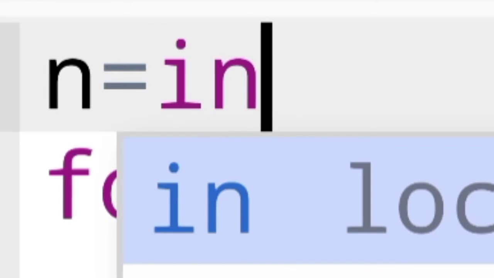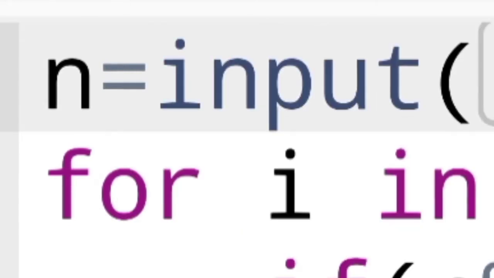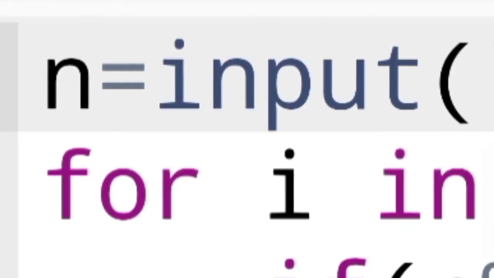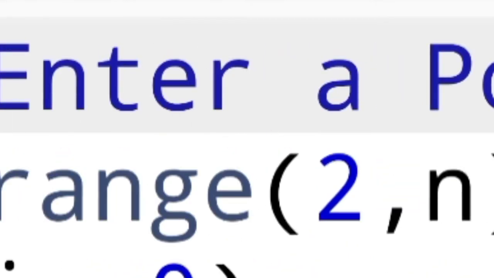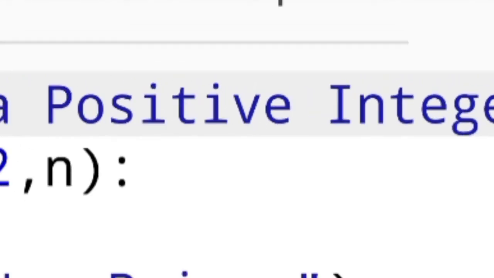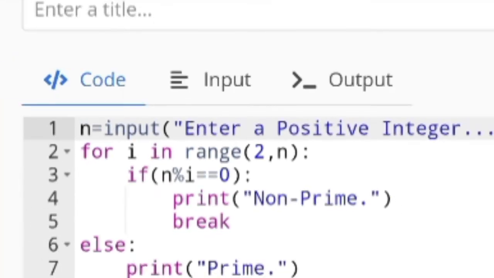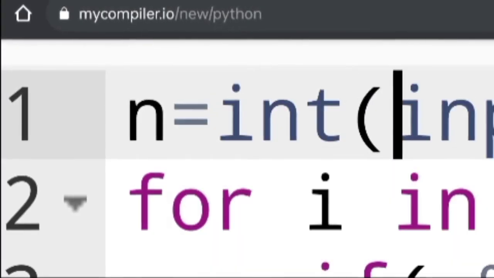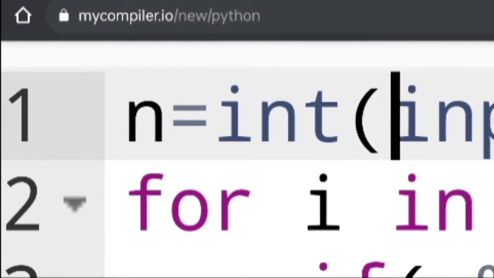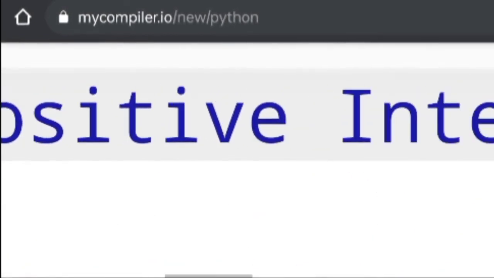Now to make this program user-friendly, I should take an integer value from the user. That's why I am using the input function, with a statement quoted inside the parentheses. It will print in the output terminal. You have to know that the input function only takes data as a string.